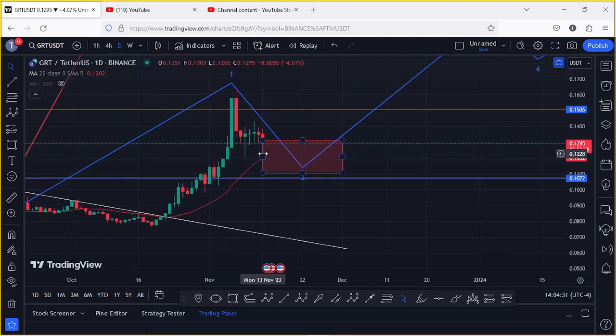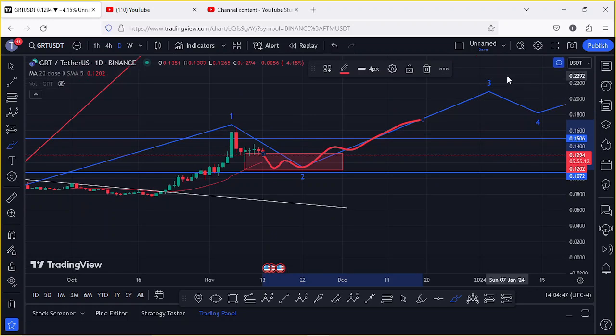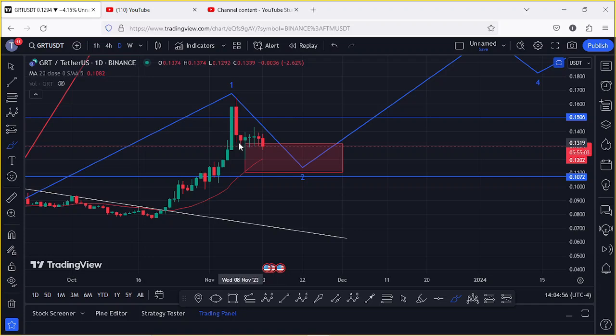There are high chances that in case we continue seeing further pullback in the next coming hours, GRT is going to see a pullback into this red target area, which is an area within which we should find support and see a reversal, starting another impulsive move to the upper side in the formation of this wave 3, in a move that should also give us a break above significant areas of resistance. So this is my pullback target area in case we continue seeing further weakness on the chart, and a break out of this red target area to the lower side, losing support at around the